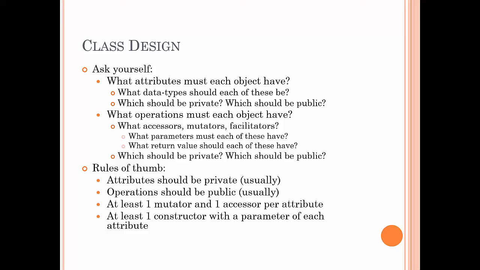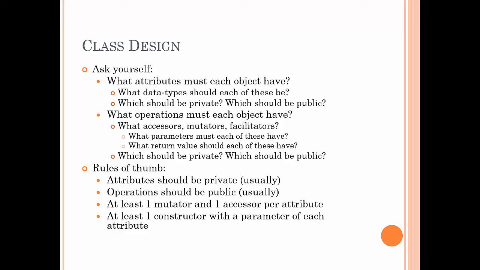What attributes will each object have that will be used to distinguish it from other objects of the same class? Then ask yourself what operations you will need to view and modify these data. Finally, what other methods might you need to manipulate the object? As a few good rules of thumb, data should be private, operations should be public, you will need at least